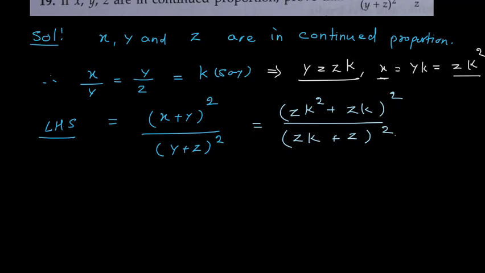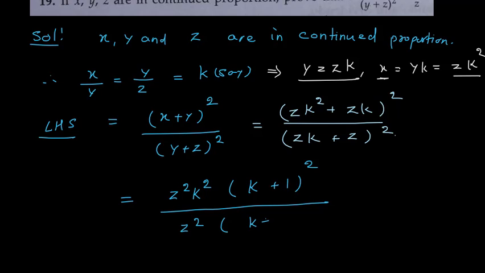Okay, so what we get, this I will say. Now here you see zk is common in numerator, so z square k square means the whole square is there, so when you take out it will be z square k square. Zk you have taken common, so here only k is remaining, and here 1 is remaining, so it is k plus 1 the whole square. Similarly here z term you can take common, so when z comes out it will become z square, and inside we have k plus 1 the whole square. Now this k plus 1 the whole square cancels, and this z square cancels, and you get result as k square.